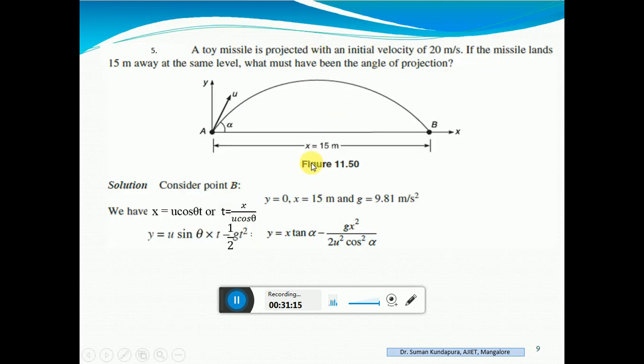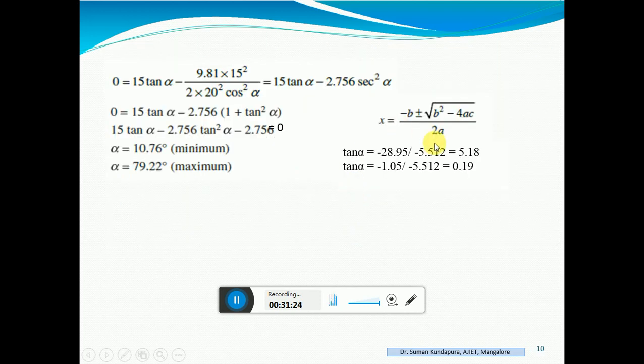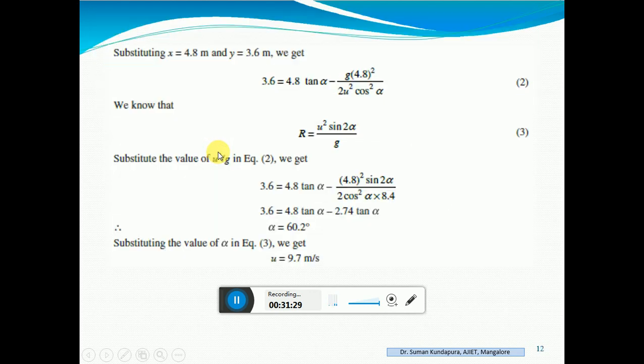What must have been the angle of projection? So the minimum angle of projection we found out, and the maximum angle of projection we have also found out. Okay. So next